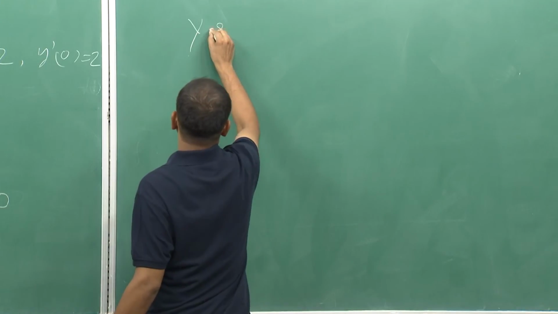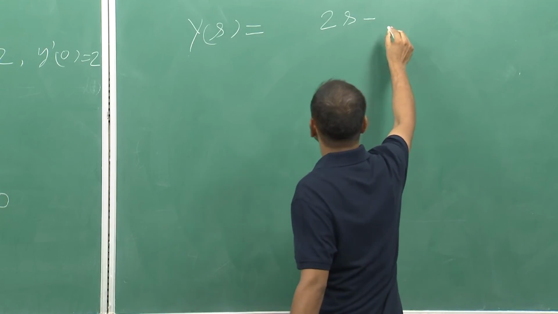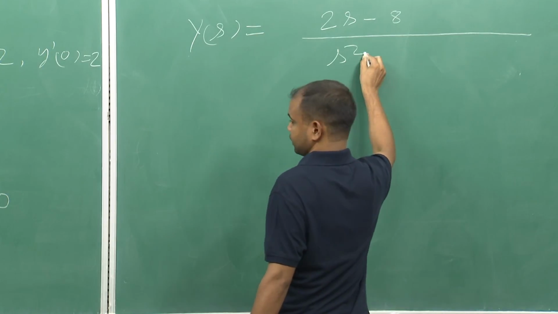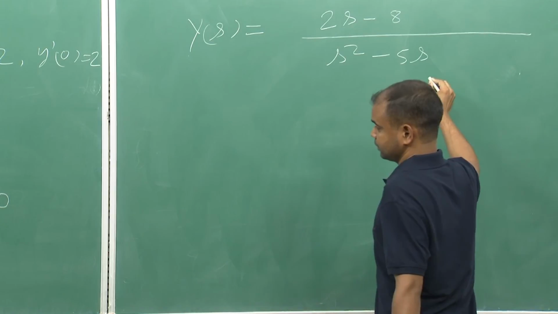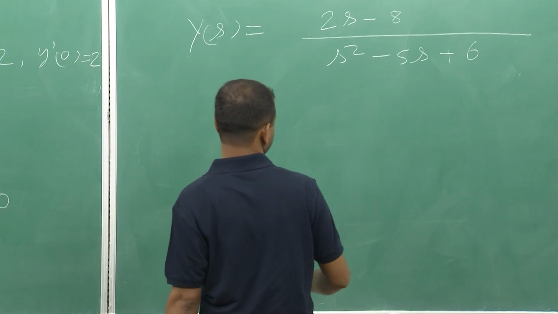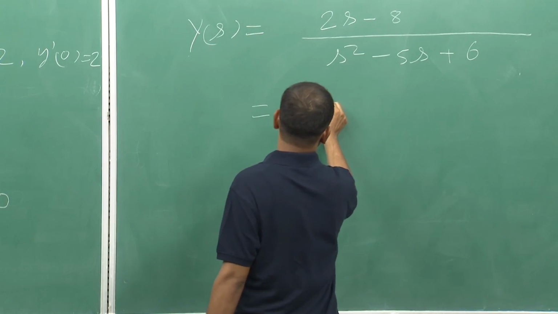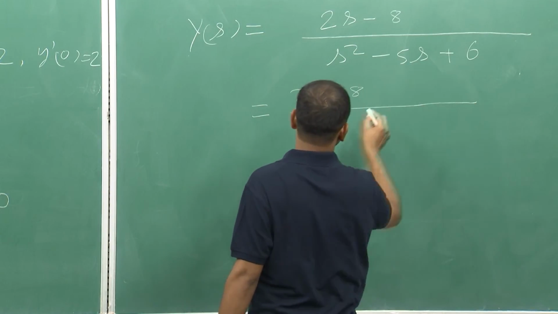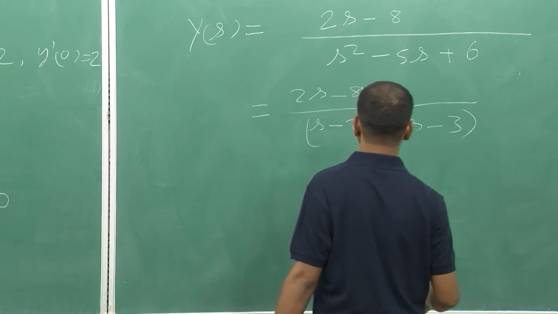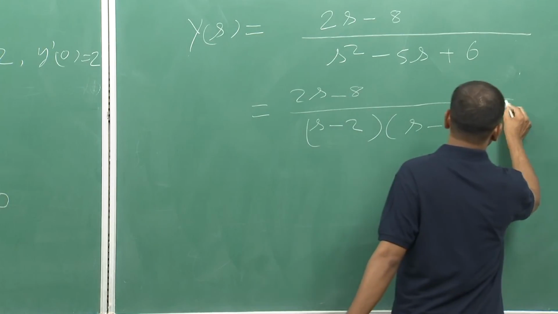So, finally, we can get y of s equal to 2s minus 8 divided by s square minus 5s plus 6. And now, if we break it with the partial fraction, the s square minus 5s plus 6, we can write it as s minus 2 into s minus 3, and if I break it into the partial fraction, I can write it is equal to A by s minus 2 plus B by s minus 3,